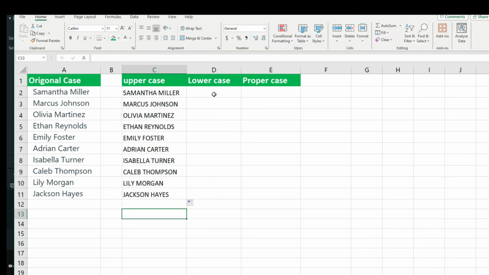If you want to change the case of text to lowercase, we will use